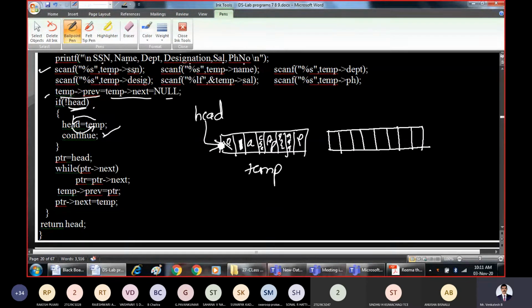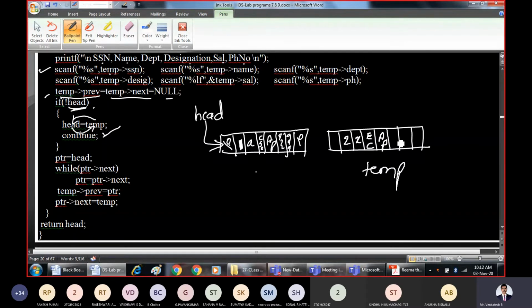Right? So now this is not the temp node. This was earlier the temp node. Now I am erasing it for explanation purpose. Now this becomes the new temporary node. Now whatever data you want, ask the user and get that data. Say I'll store 2 here, X, department as EC, right?